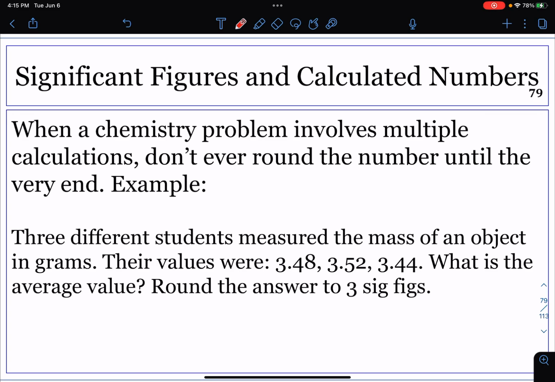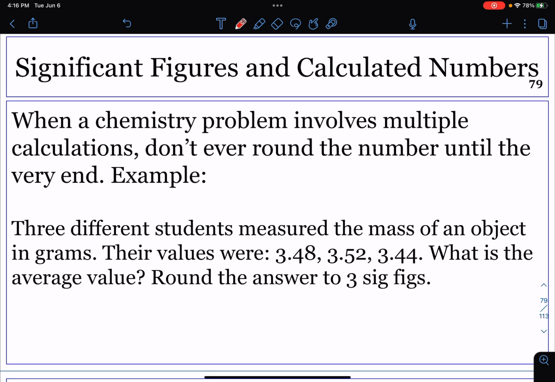When a chemistry problem involves multiple calculations, don't ever round the number until the very end. So for example, 3 different students measured the mass of an object in grams. Their values were 3.48, 3.52, and 3.44. What is the average value? And then round the answer to 3 sig figs. So if we were to work out this problem here,